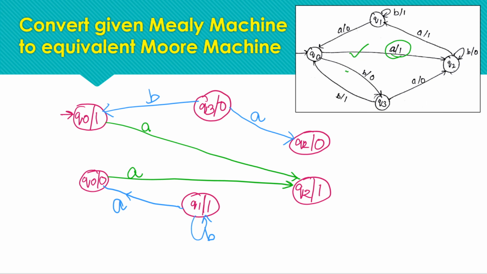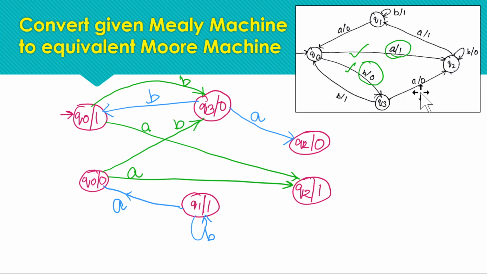Next we have this outgoing. We are moving to the state Q3 by generating the output 0. As Q3 is the only one state, we need not think of the output of Q3 because Q3 is generating only one output. So we simply move corresponding to this transition. Again we will be having two transitions from both the Q0 to Q3 for input symbol B. So here we are moving to the state Q3 for input symbol B, and also from this state we are moving to Q3 for input symbol B, right? So I think we have covered all the transitions of Q0.